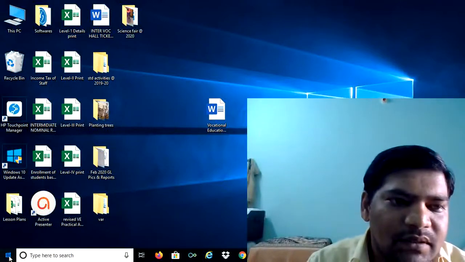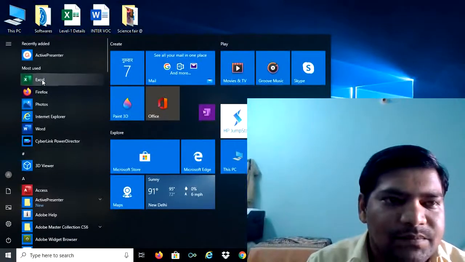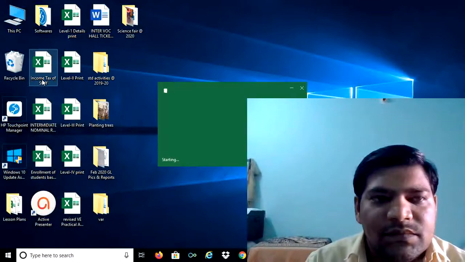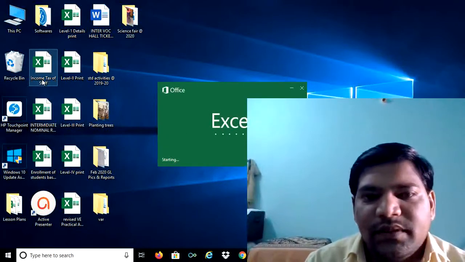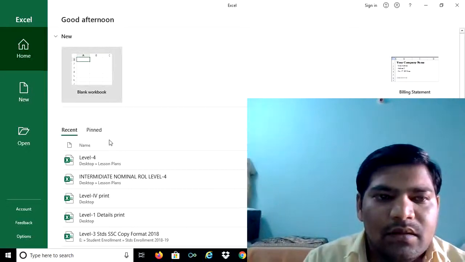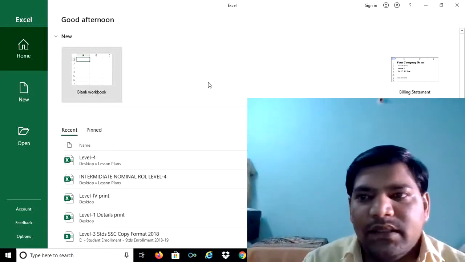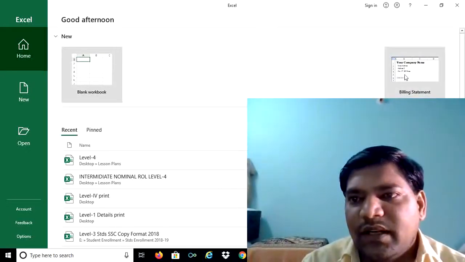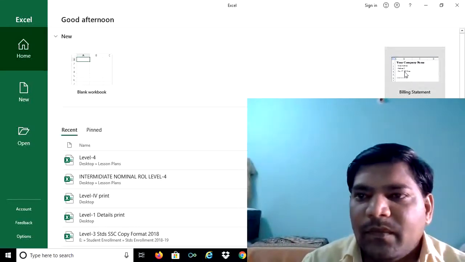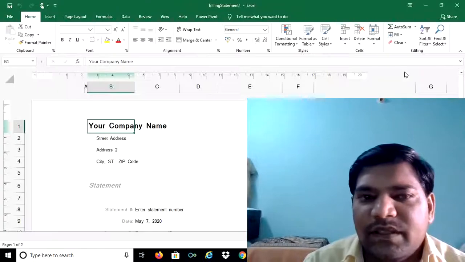So we can open an Excel file. It is a new Excel sheet. In that we can get the templates. So we can take the billing statement file, which is an Excel sheet.